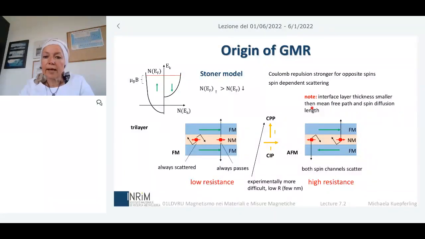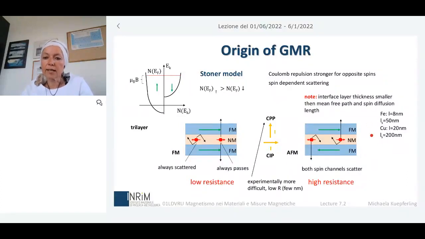So I put here this note. Now the interface layer thickness should be smaller than the spin diffusion length. This is the main point. Otherwise, if we lose spin information while the electrons are passing through this interface layer, then the effect cannot work at all. And you saw already some numbers of the spin diffusion lengths and also of the mean free